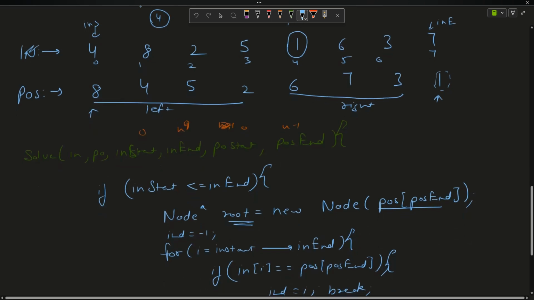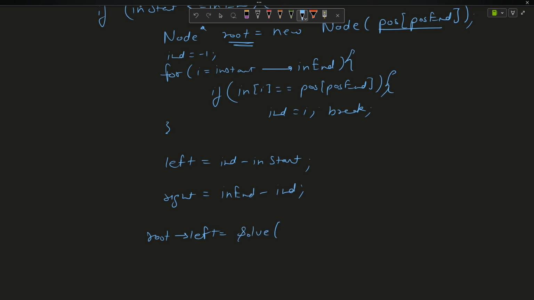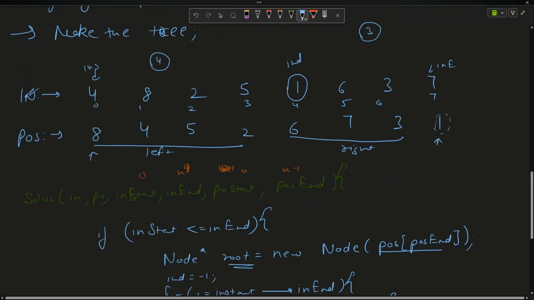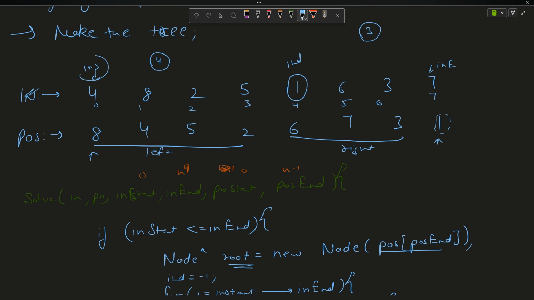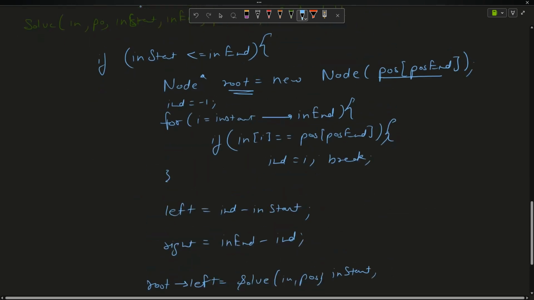Okay, let me write. Can I say I will assign my root's left to B? I will call the solve function recursively. In and pos are the same. I just need to define new boundaries for the in start, in end, pos start, pos end. So you can see for the left one, in start is actually remaining the same. So I will mention that in start is actually the same. Talking about in end,